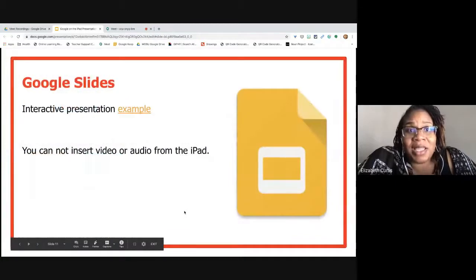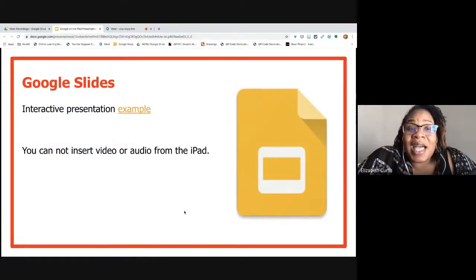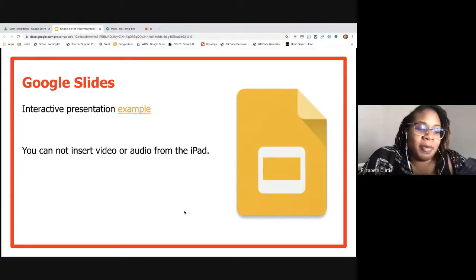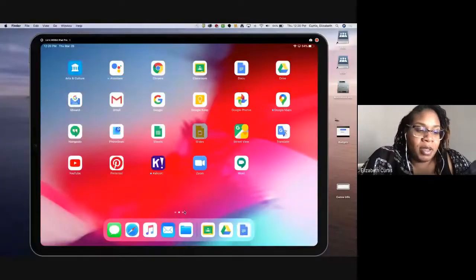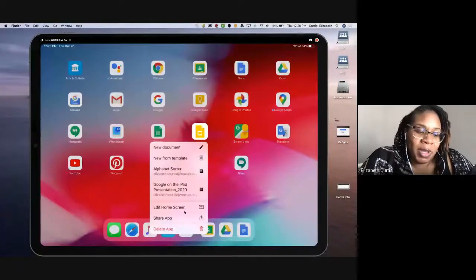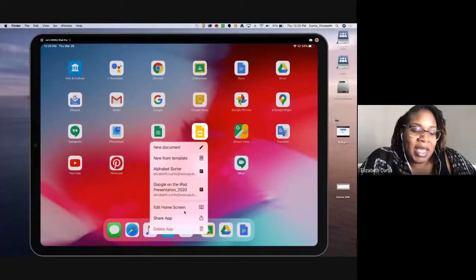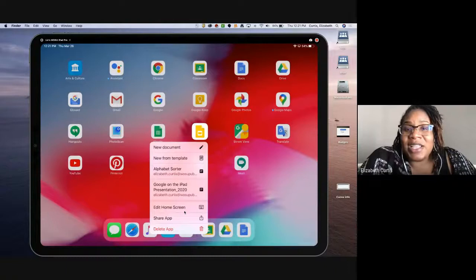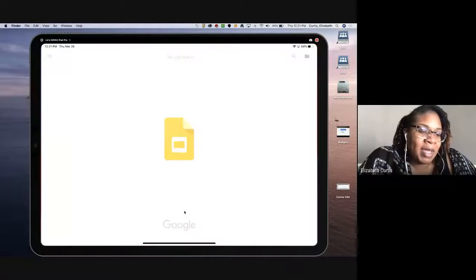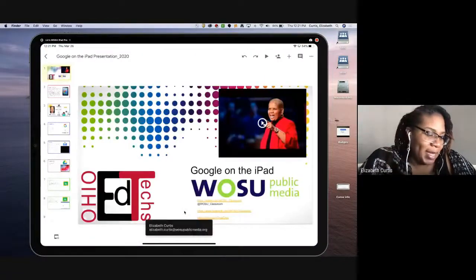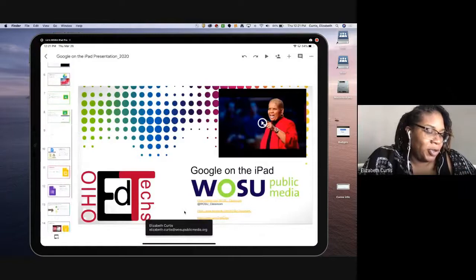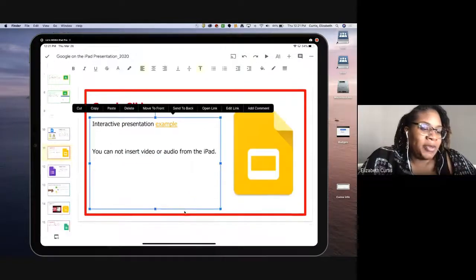Another great option is using Google Slides. And so now with using Google Slides, again, I'll point out to you that hard press. And so again, you can open up a new document. You can get a new from template, the alphabet sorter, and the Google on iPad presentation 2020. That's actually a slide deck that I had open recently. Now it may or may not let me. Oh, it did let me. Perfect. So let me show you real quick an interactive example